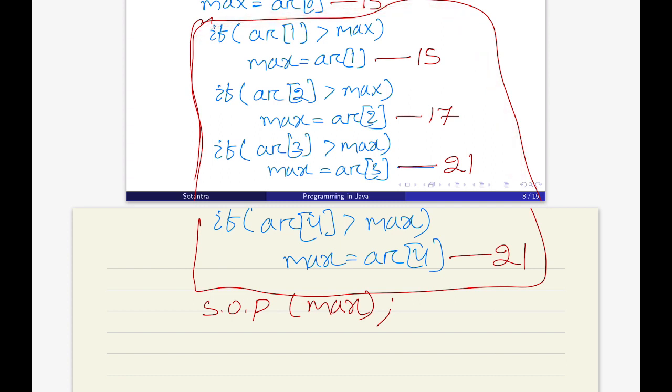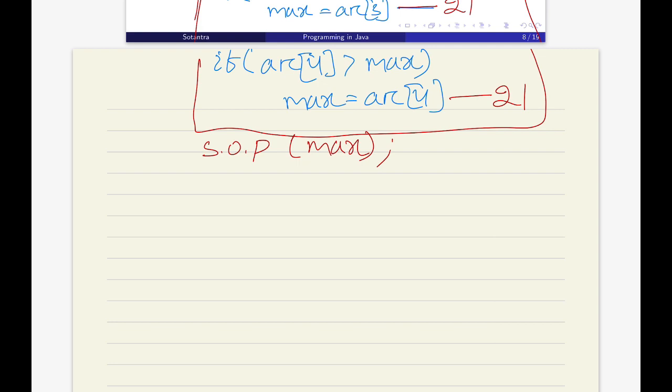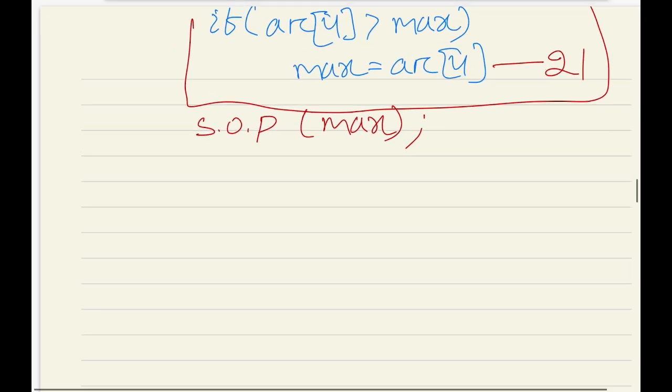Here, instead of writing if AR of 1 greater than maximum, if AR of 2 greater than maximum, if AR of 3 greater than maximum, if AR of 4 greater than maximum, we can use a loop and write if AR of i greater than maximum. So we can write this one like this: